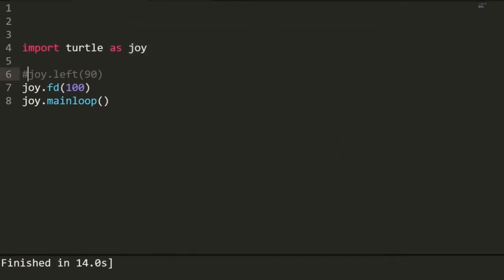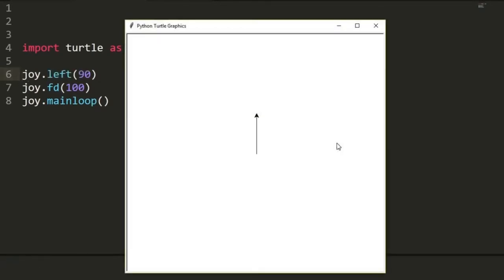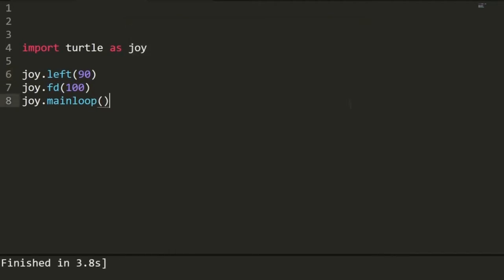Okay, and when we use this, now you can see 90 degrees left from east is the north direction. So actually your turtle is facing north, and then we use forward. Okay, and when we use joy.Forward, so let's talk about